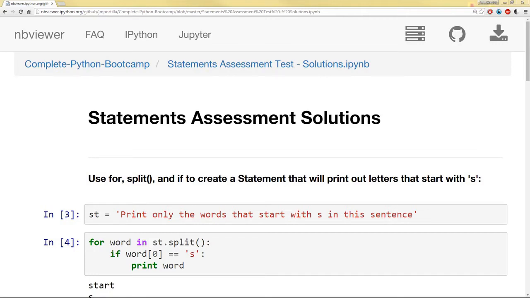Hello everyone, and welcome to the lecture on the Statements Assessment Test solutions. So let's go ahead and take a look at them. I'll do a brief overview of the solutions, and you can check out the Jupyter Notebook to take a more